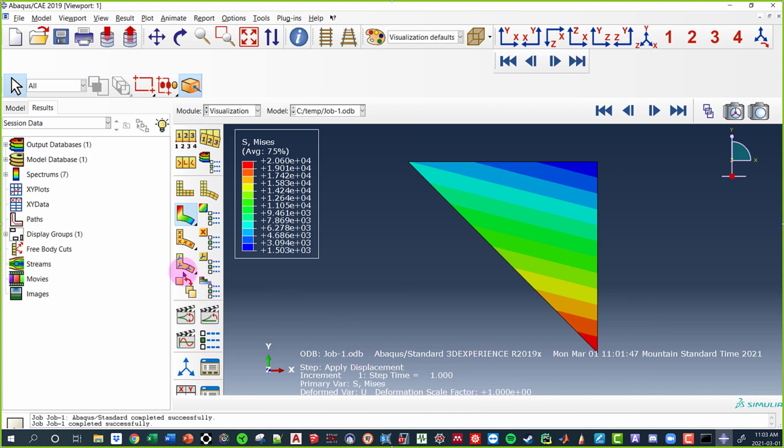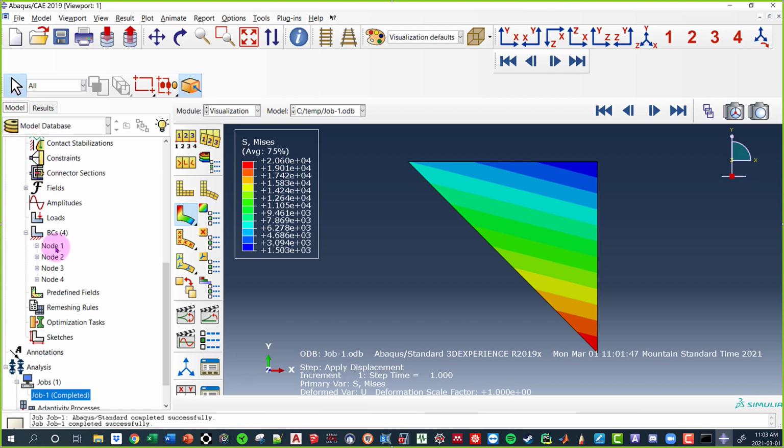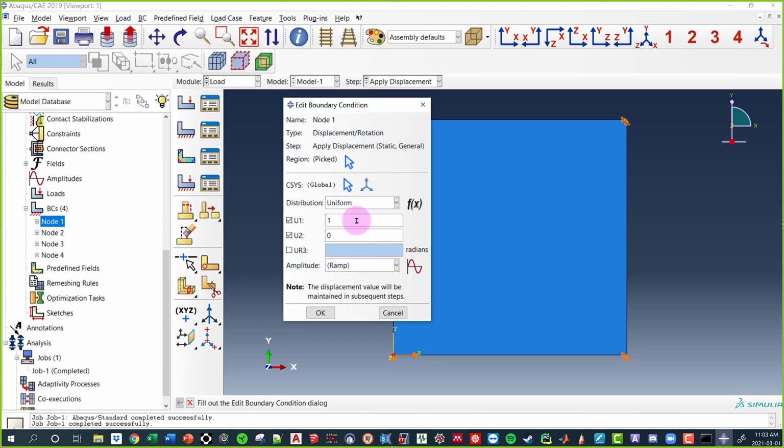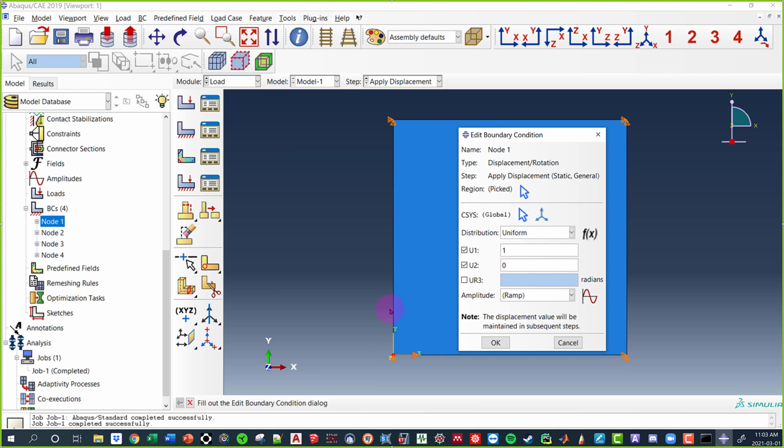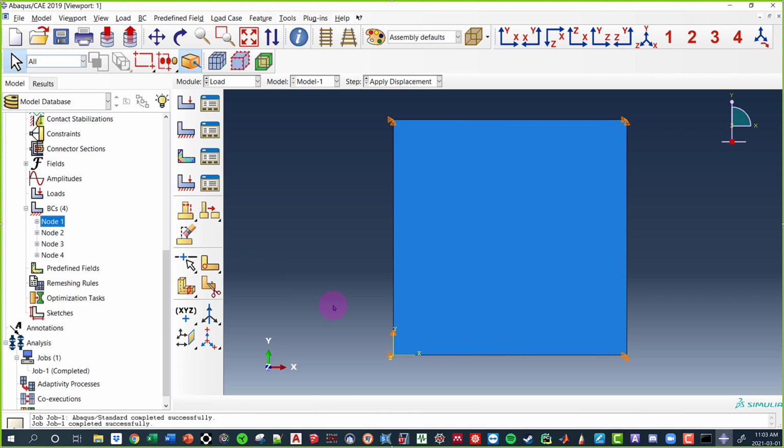So if I want the second column now, well, I know that the second degree of freedom is the vertical degree of freedom at node 1. So I'm going to set this one equal to 0. Then I'm going to set this one equal to 1. Redo the analysis. And you kind of just do that 8 times.